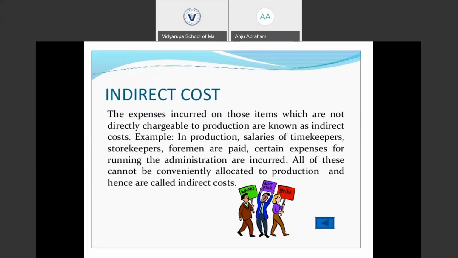All these costs are called indirect costs. These costs cannot be conveniently allocated directly to production, and hence they are called indirect costs. These indirect costs are allocated to the product based on a suitable allocation basis. This cannot be directly traced to a particular product. So these are the indirect costs.